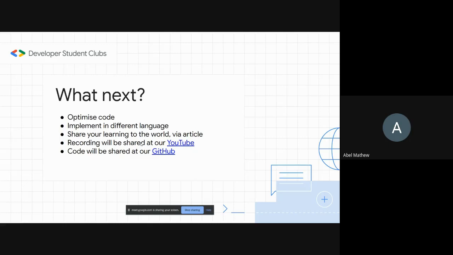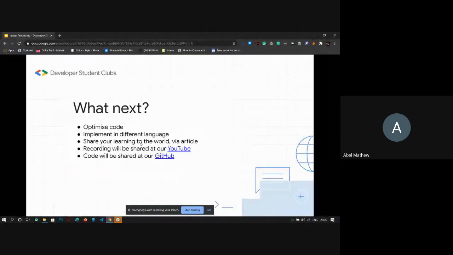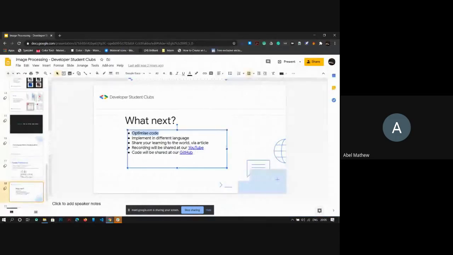We'll be happy if you write an article on how you learned or how you did it, maybe a how-to article. We'll be glad to publish it in our publication on Medium. And this code that I have done will be shared on our GitHub. It's not yet shared. So if any of you optimize the code or write it in a different language, the code is there on our GitHub.